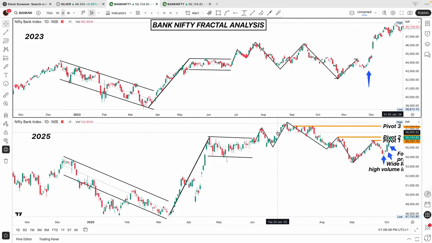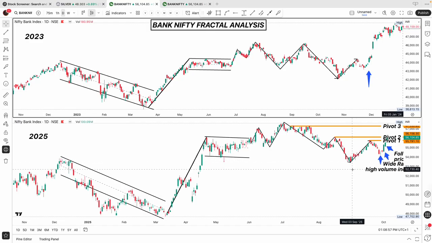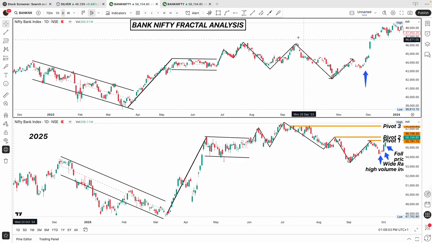So I waited patiently from June till about September 7th, when I first posted it for you guys as well, to start taking note of Bank Nifty. And I waited till I got the right structure to start accumulating positions. And this time around, what happened was as soon as we did this move, I think I posted about this as well on my Twitter.